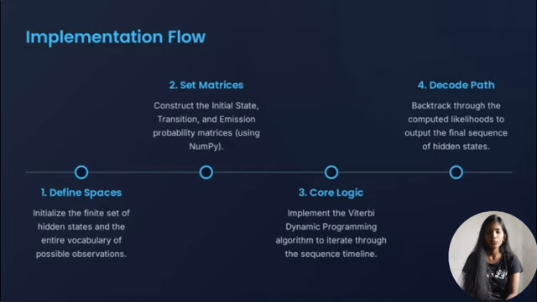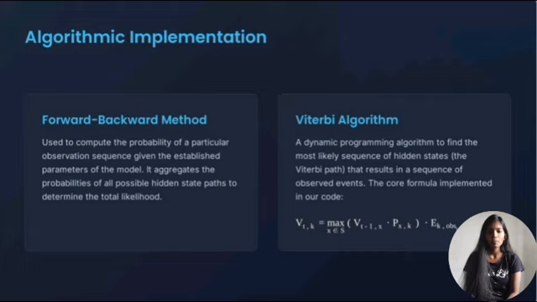Moving on to the execution and result, we execute the program and feed it the test sequence of observations. Let's say we input walk, shop, clean, clean. The program initializes the matrices and runs the Viterbi algorithm over the sequence. What happens under the hood is a step-by-step manipulation of probability as the model steps through time. It continuously updates the maximum probability of reaching the current state. When the execution finishes, the program outputs a sequence of hidden states. In our test case, the output sequence reads sunny, rainy, rainy, sunny.